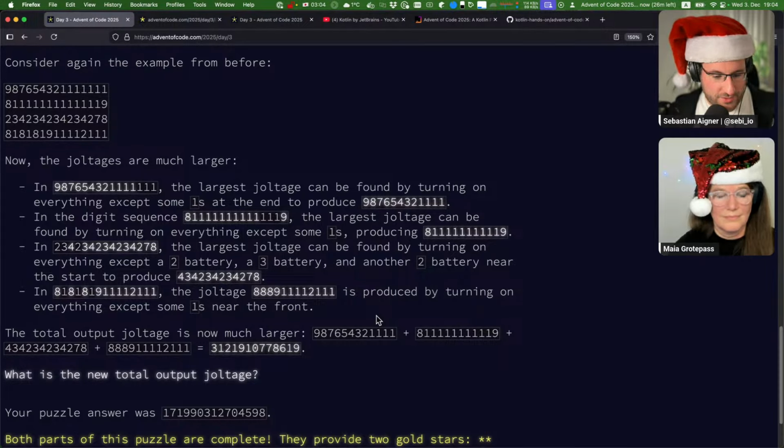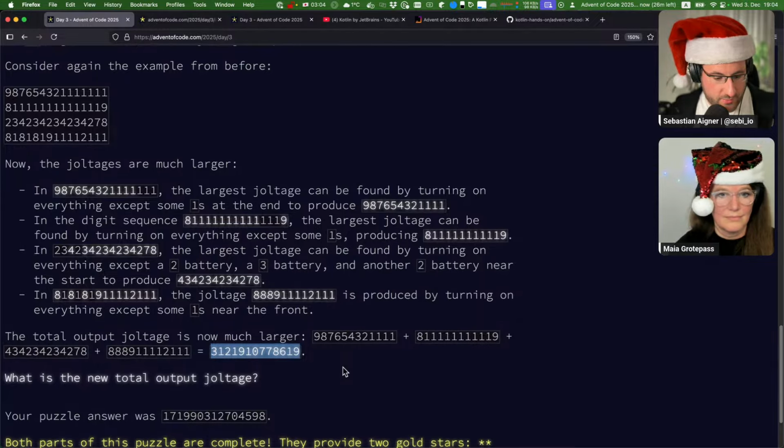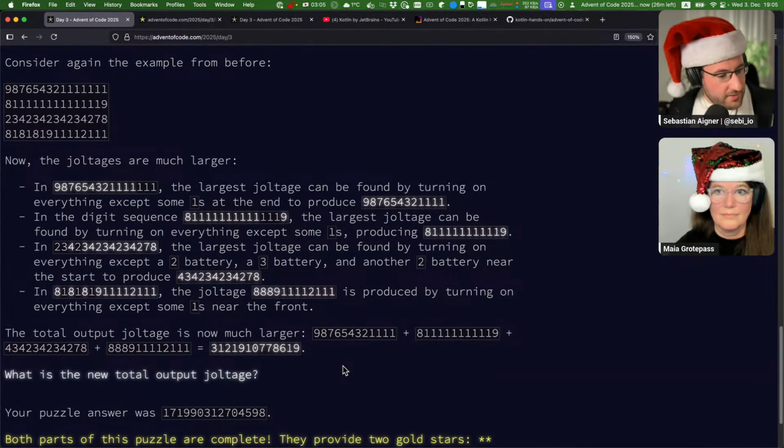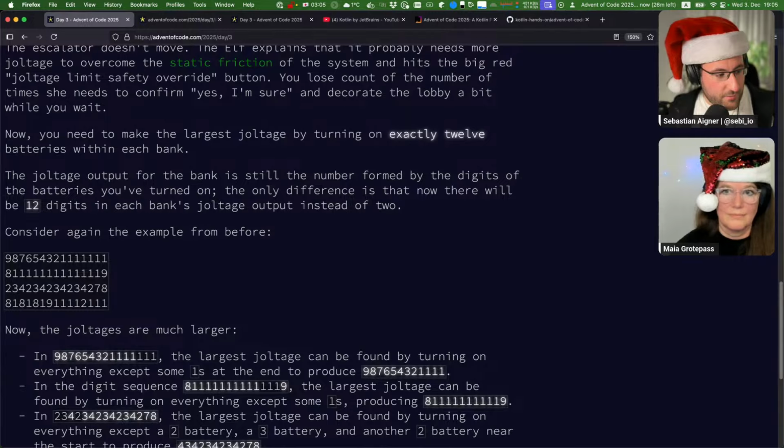So the total output voltage is now much larger. Indeed, it is quite enormous. And like that, we go from